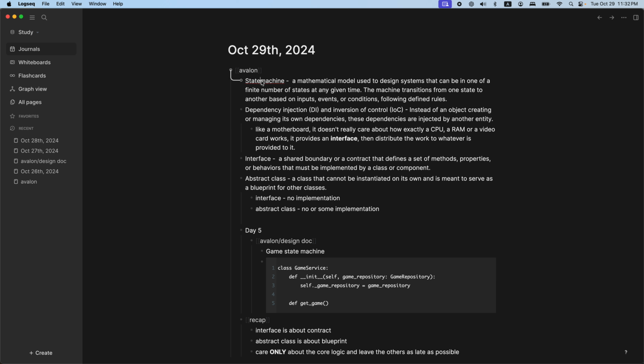When I first heard this name, it sounded scary to me, like a machine that has states. Wow, what is it? It's a mathematical model. To anyone who hasn't really implemented something like it, it sounds really scary. But in reality, it's just a bunch of code designed in a way that,